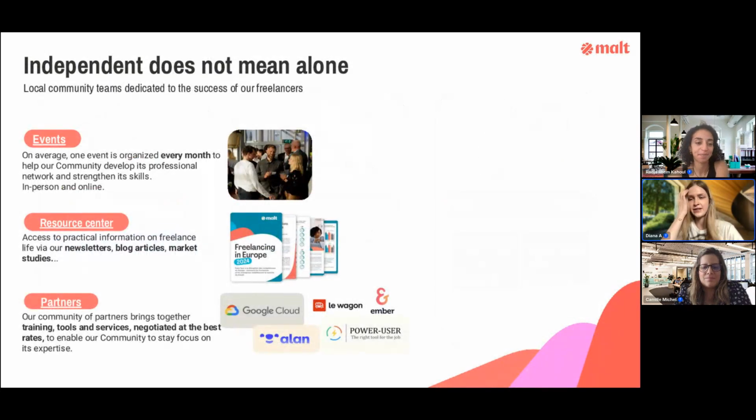Quickly, the last slide. We like to say here as well, independent does not mean alone. That's why you have the support system of community teams locally. So you have the UK community team, we have a community team in Belgium, obviously in France, in Spain, in Germany, in all of the markets that we operate, you will have a dedicated community team that helps to work on the events for you. So it's going to be networking events, virtual events like this one to help you understand the algorithm and profile optimization. And we have expert sessions, upskilling.